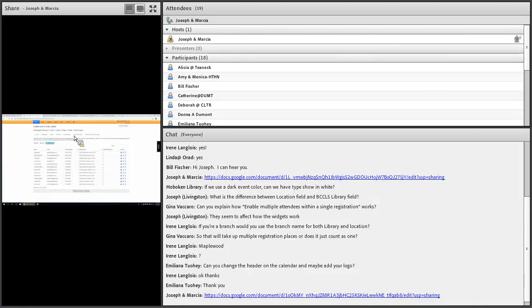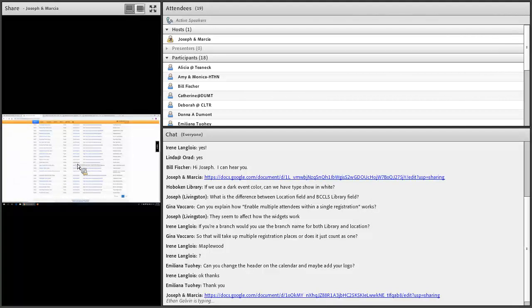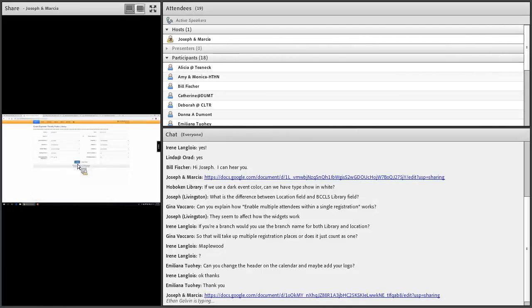If you go over here to, we're going to go back to the calendar. If you go to Event Explorer, this is a great way that you can see all your events, who attended them, how many people came. And it's a great way to get your monthly statistics. So if we want to look at Tenafly for, let's say, the month of February,